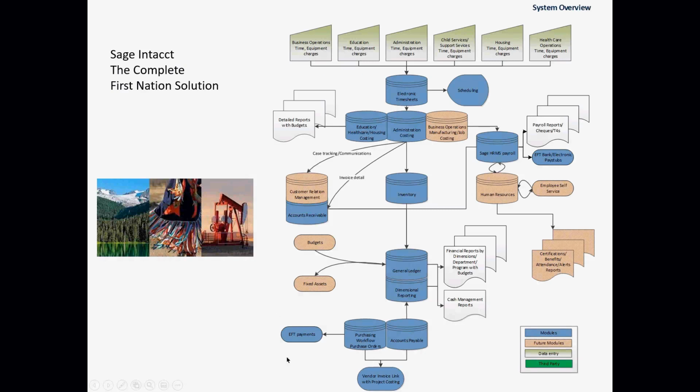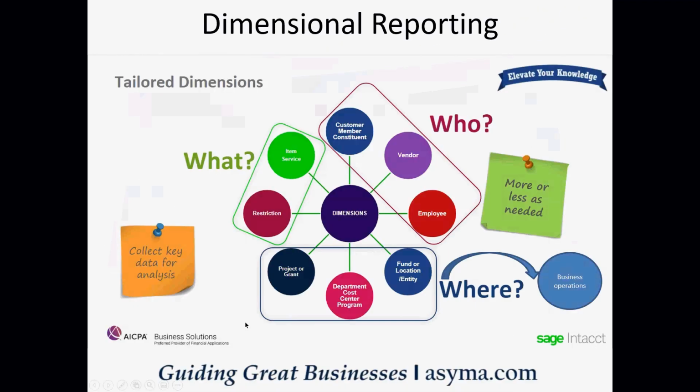But you can see we're talking about a complete solution here, not just one piece. So how does Sage Intacct really do that kind of stuff? What it's doing it by, and how it gives you all of that information in one spot, is called dimensional reporting. And if you look at it, what happens is this: currently inside of your accounting system,